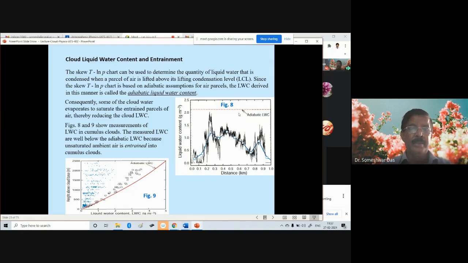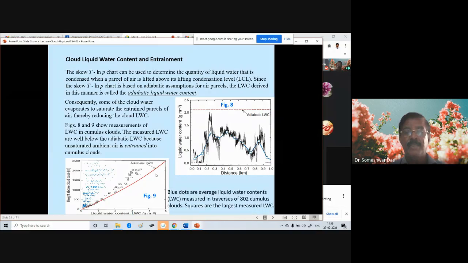Okay. Now in this diagram also the same thing is represented in a different way. For example, on the x-axis you see the liquid water content in grams per cubic meter, and on the y-axis you see the height above the cloud base. All these liquid water contents are inside the cloud, which is above the base of the cloud, right? And as you can see, all the measurements are less than the adiabatic liquid water content, which is shown by the red line here. And this happens because of, as I said,